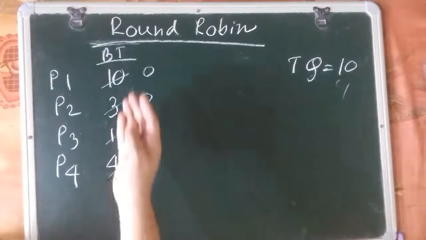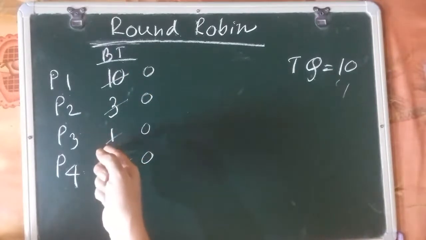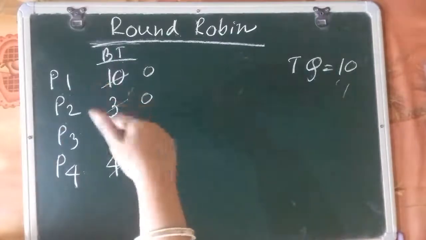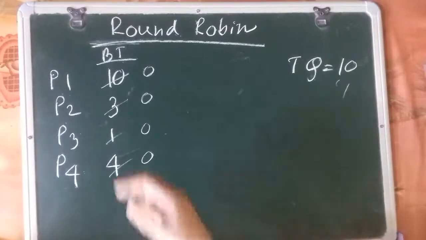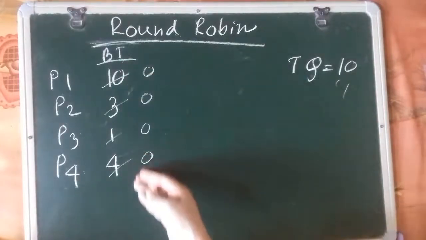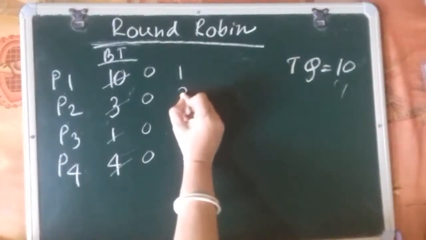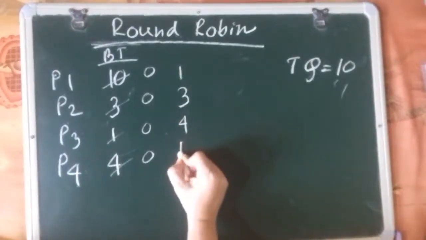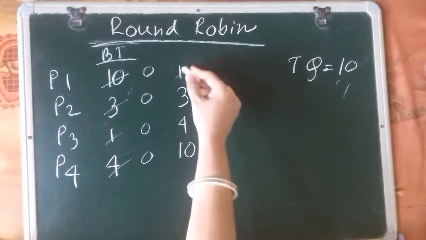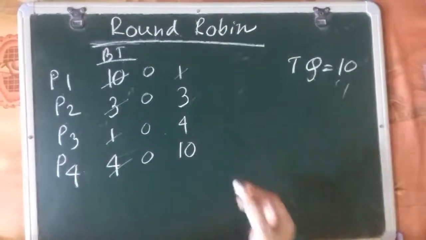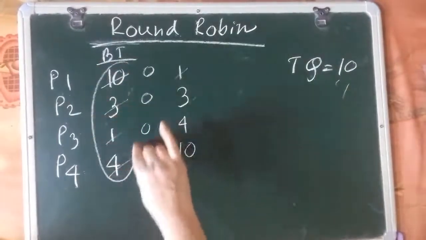So if you take too high a time quantum, what will happen? The smaller process has to wait a longer time for the biggest process to execute. But similarly, if the arrangement is not like that, like the first one is 1, the second one is 3, then 4, then 10, then if we take 10 also, no problem. 1 will be executed first, then this will be executed. But you need to consider situations like that.